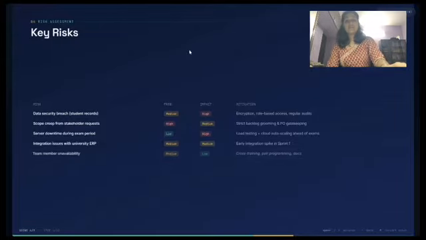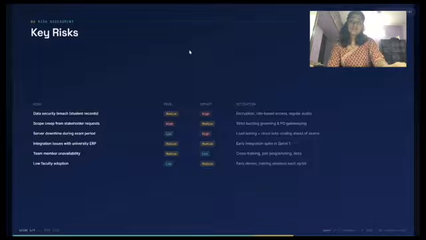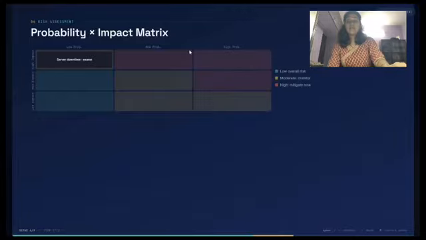Then we have team member unavailability, which is a medium probability but a low impact, and it is handled through cross-training, pair programming, and documentation. And then we have low faculty adoption, which is a low probability, and it can be fixed with early demos and training sessions with each sprint. And then finally, we will talk